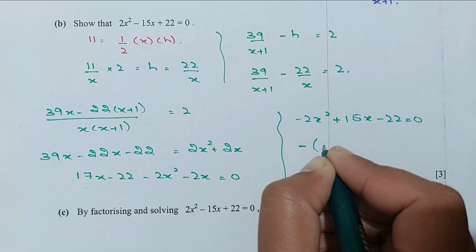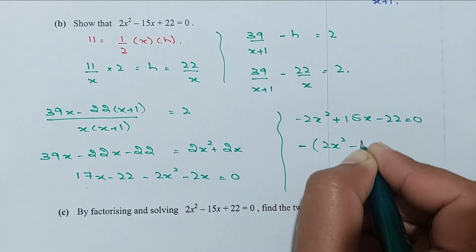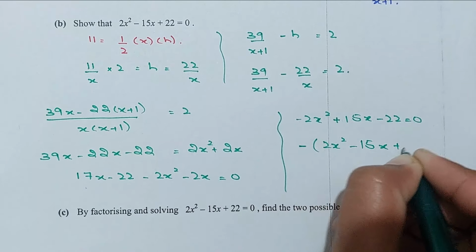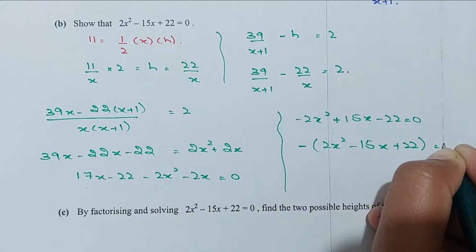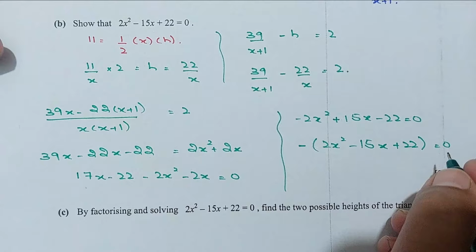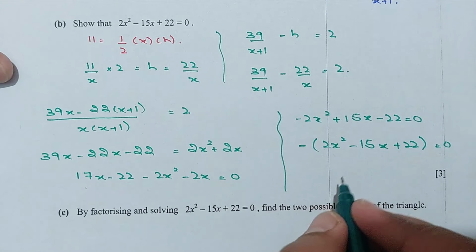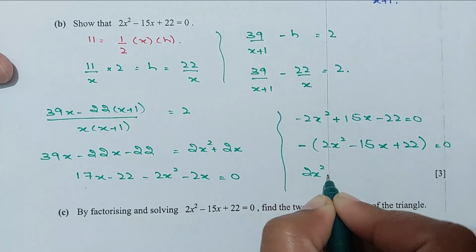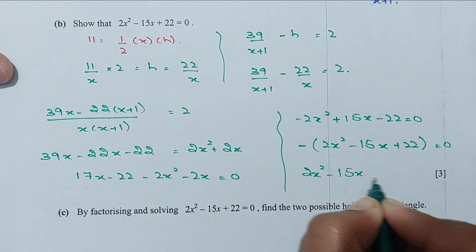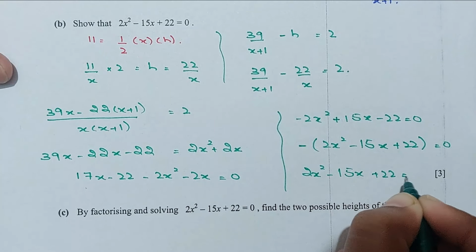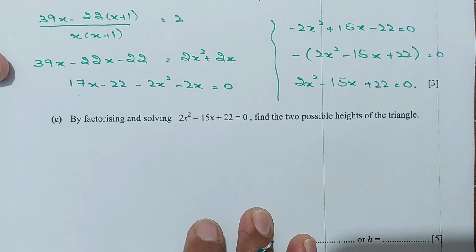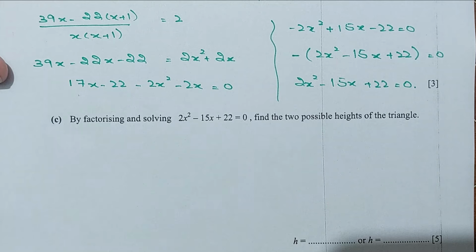Taking negative sign common, 2x square minus 15x plus 22 equals 0. Divide both sides by the negative sign, so you will get the same equation, which is 2x square minus 15x plus 22 equals 0. Now for part C, by factorizing and solving this equation, find the two possible heights of the triangle. All right,